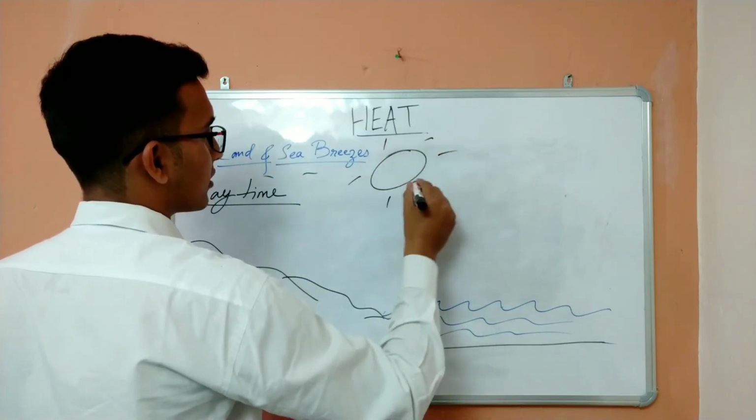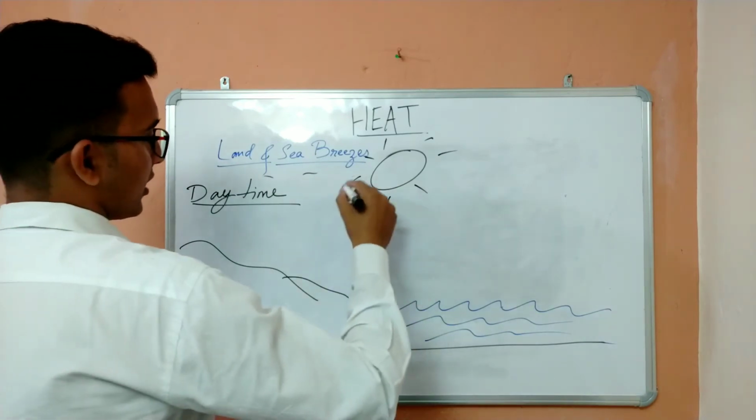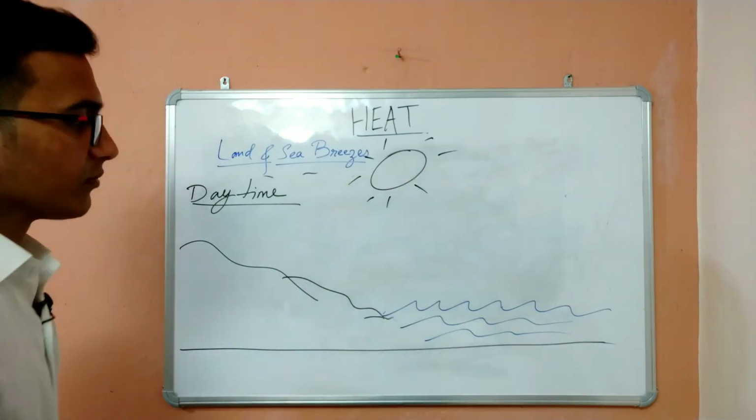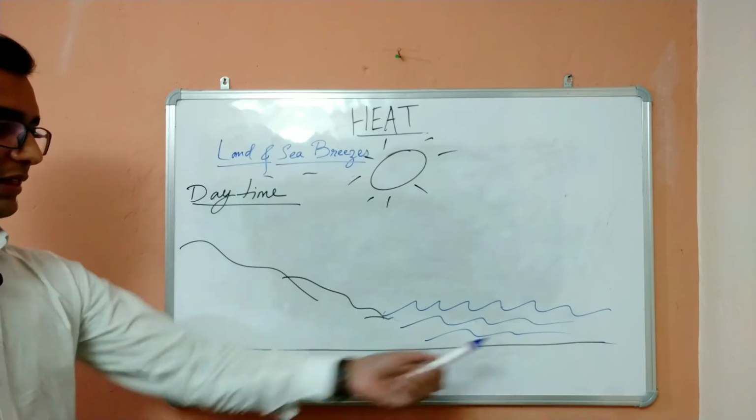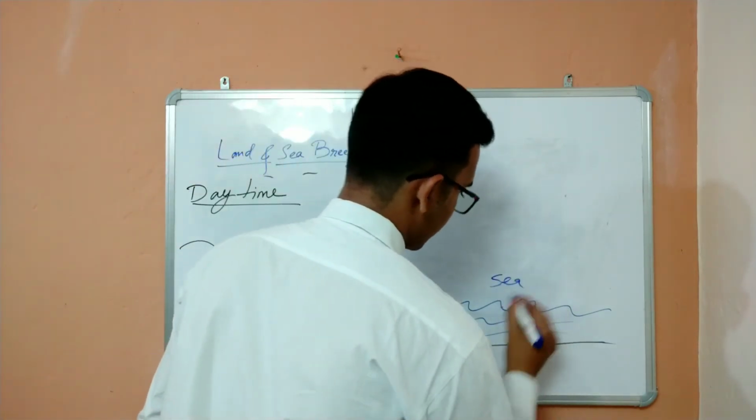I'm sorry if the sun looks like someone's face, but that's what the sun is. So this is the sun, this is the land, and this is the sea. Label it down: sea,